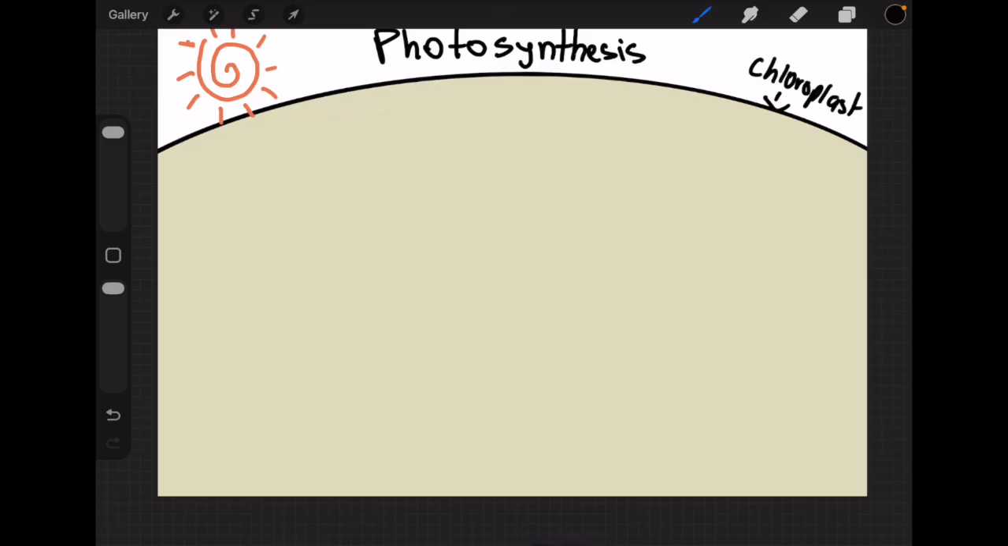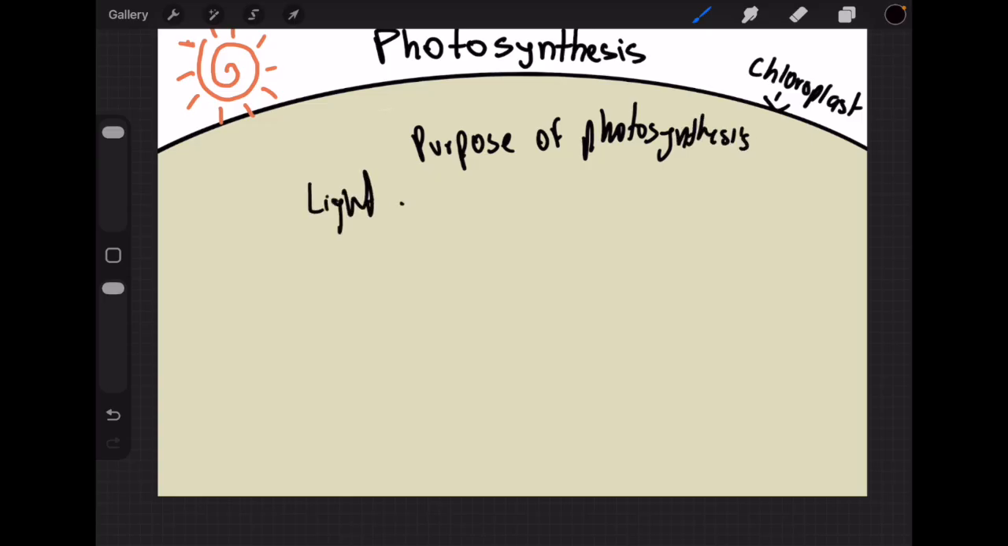Purpose of photosynthesis. Plants do photosynthesis, but what's the purpose of it? Well, children, the purpose of photosynthesis is, for one reason, because we want to convert light energy from the sun into chemical energy. Okay? Basically,